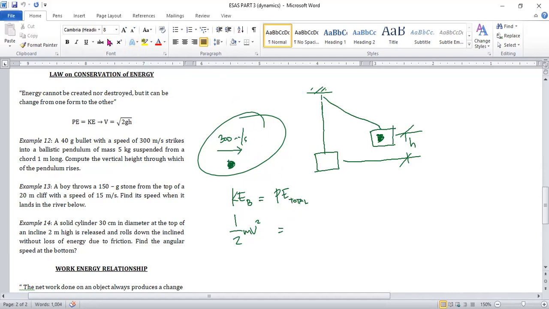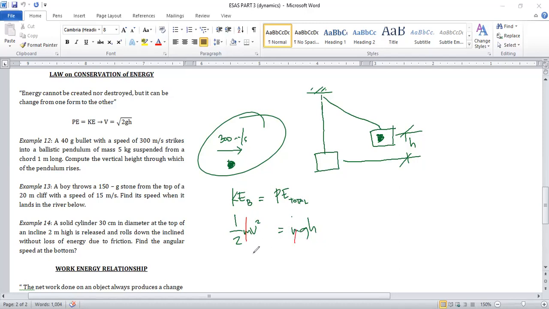So this would be mgh. So the kinetic energy of the bullet is equivalent to the total potential energy attained by having this height h. So we can cancel m,